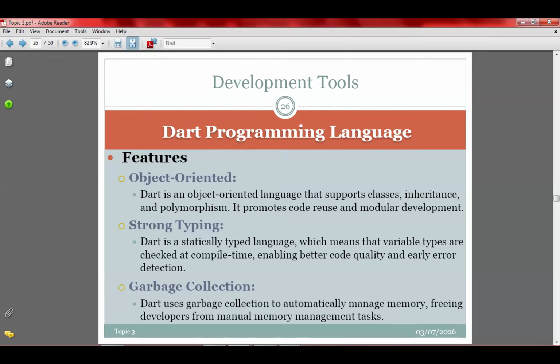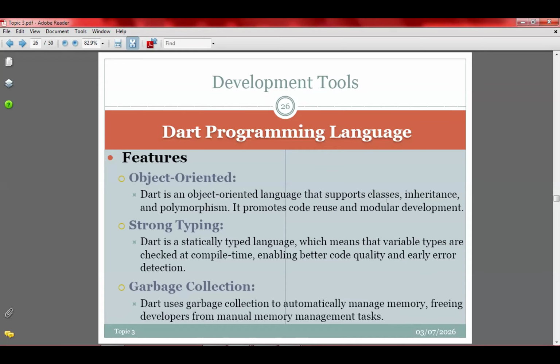Then another feature is strong typing. Dart is a statically typed language. That means that we have what you call compile time binding, and then we have runtime binding. When you use Dart to declare variables, they are checked and the value added before you compile. I need to take my time to explain this.